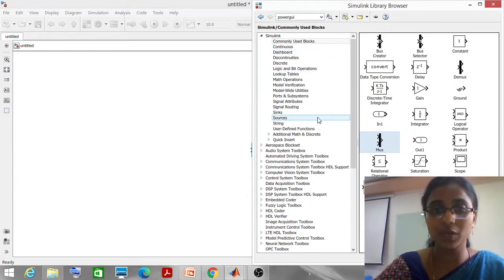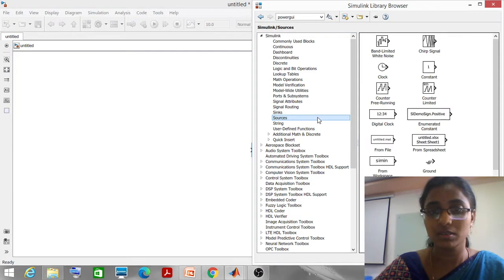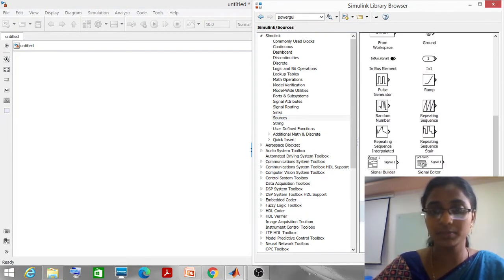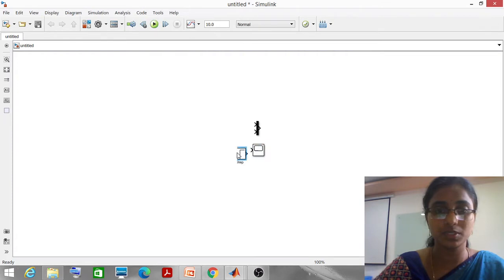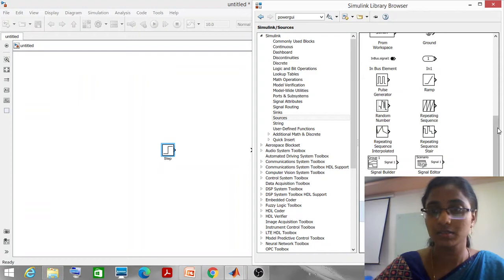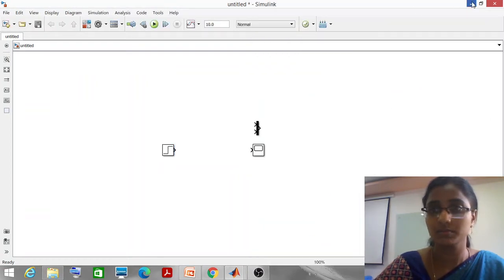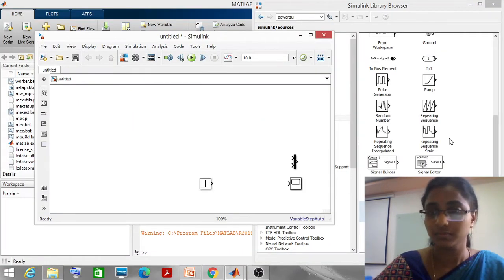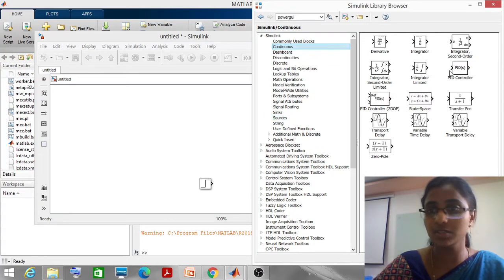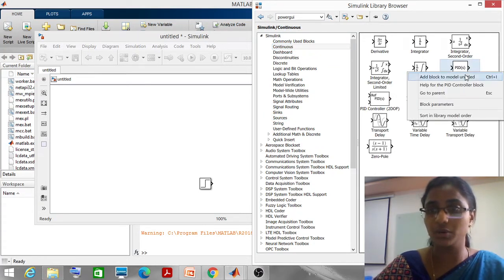The step input we get from sources, so from here, add the step input block. Next, the controllers, which I'll get from continuous.